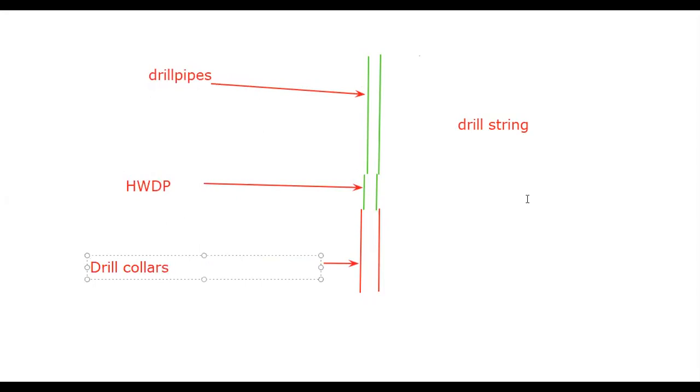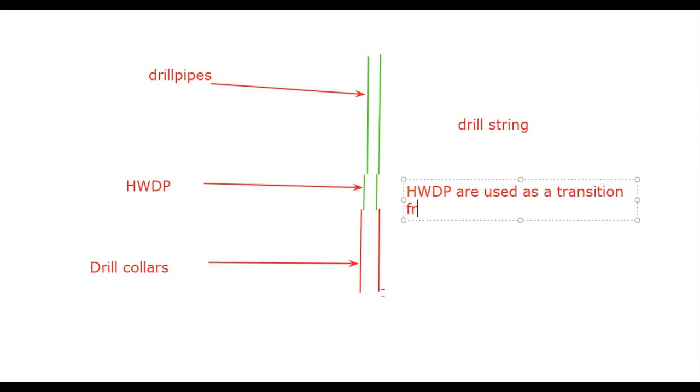Now these heavyweight drill pipes, sometimes they are used as the transition between drill pipe and drill collar, because as you know that drill pipe is 5 inch, is quite less, it has less weight, and on the other side drill collar is very thick, it has higher outside diameter as well as it is very heavier than the drill pipe. So if we connect both of them, there's a big chance that the thread or joint of